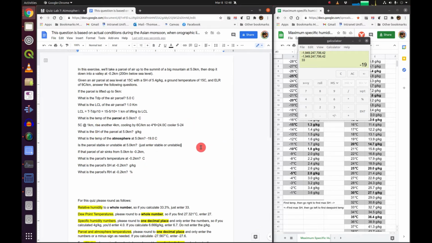So stable or unstable, we just need to pretend that we're Paris Hilton and ask who's hotter. Let's see, the parcel. Oh, we forgot the specific humidity. I'll have to go back and do that. So the temperature of the parcel is negative 19. I'm sorry, the temperature of the atmosphere is negative 19. And the temperature of the parcel,